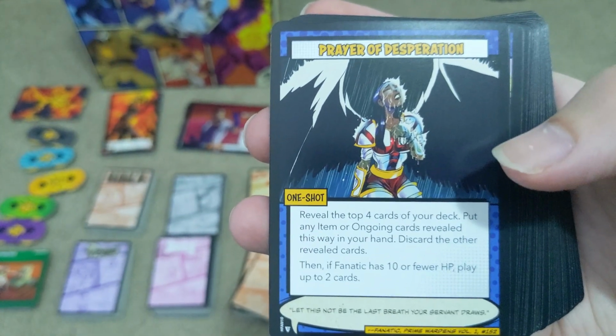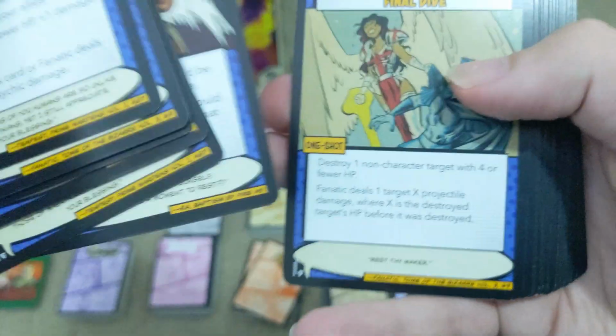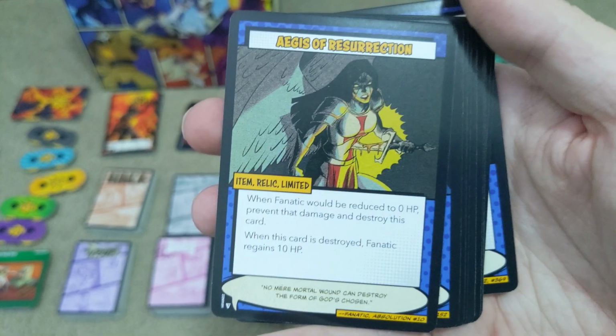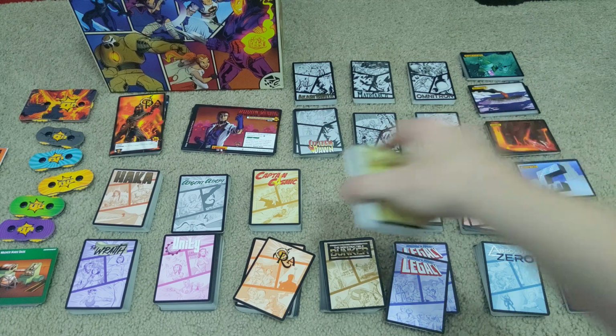Then if Fnatic has 10 or fewer HP, play up to 2 cards. And she's even got an item in here that lets her revive herself if she ends up dead. It's in here somewhere, I'll find it. Yeah, there it is. When Fnatic would be reduced to 0 HP, prevent that damage, destroy this card, and she gets 10 HP back. So basically, she's in the same spot that she was in before